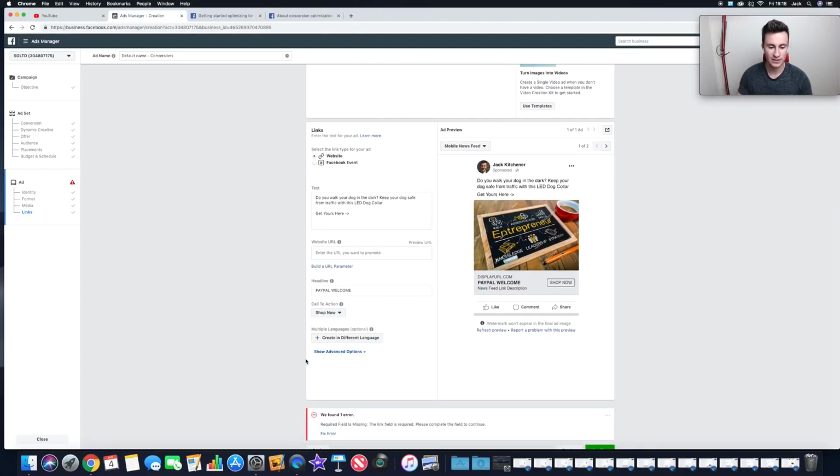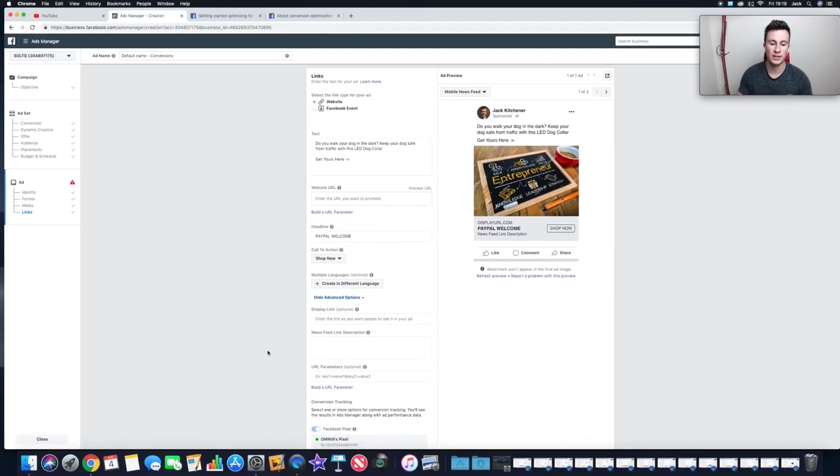A couple of other things, then if you just click on this show advanced options, it's going to give us a couple of more options that we can essentially edit. So we can edit the display link, and we can also edit the newsfeed link description. So if we just have a look here under PayPal welcome, newsfeed link description, again, I like to put some sort of enticement in there to encourage people to click on our ad. So it could be something like over 10 plus colors